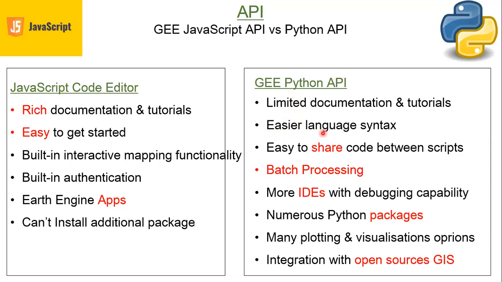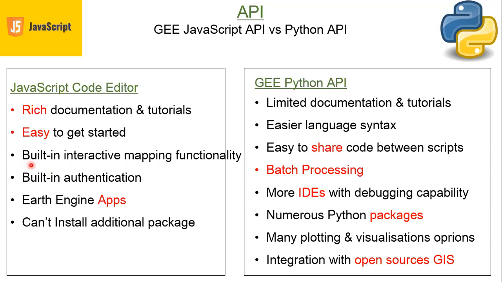But Python has an easier language syntax. So those who are not very familiar with programming can start with Python, because learning Python is very easy. As my background is civil engineering, I can tell you from my personal experience that if you want to start programming, you can go with Python, not only for Google Earth Engine, but for any other purposes, like a standalone water resource application or a standalone geospatial application. You can rely on Python.